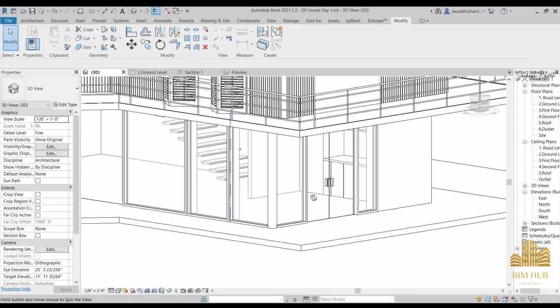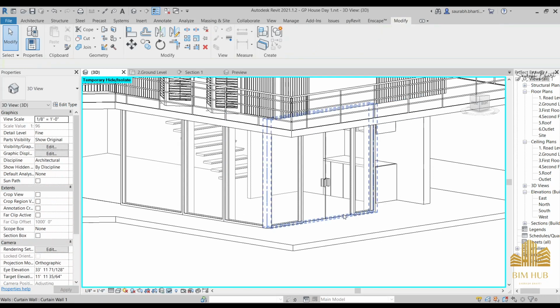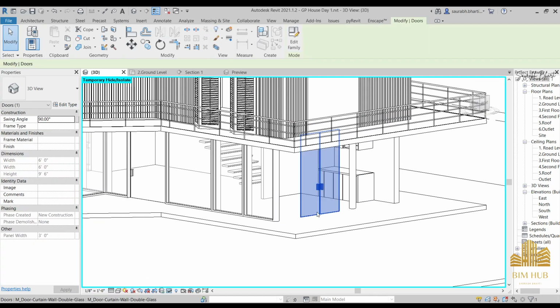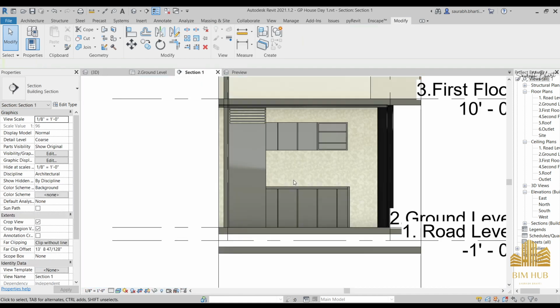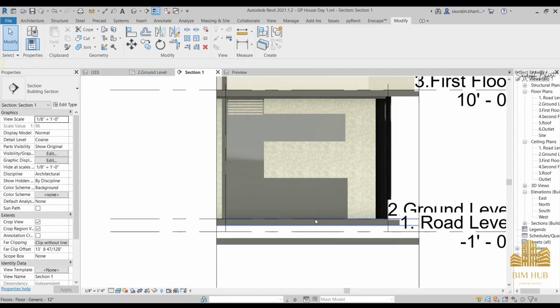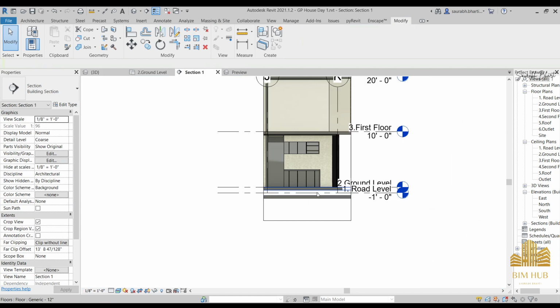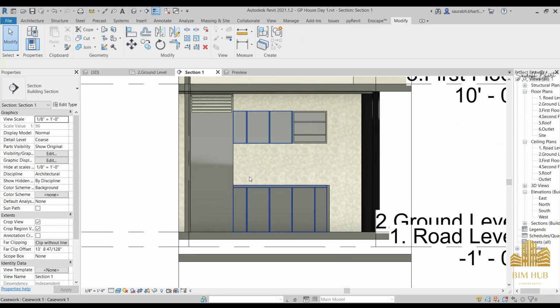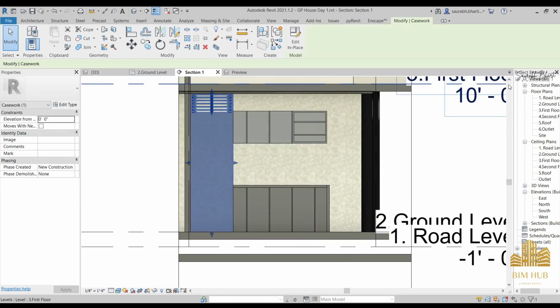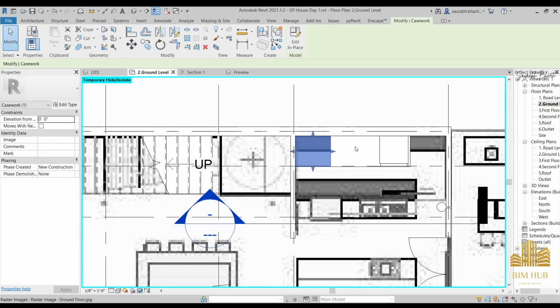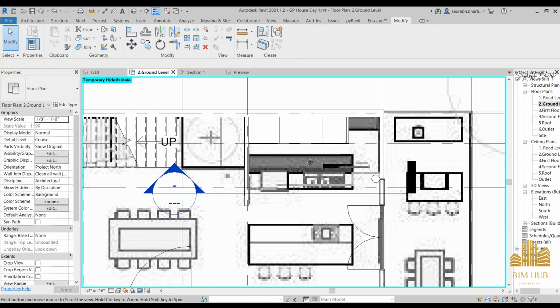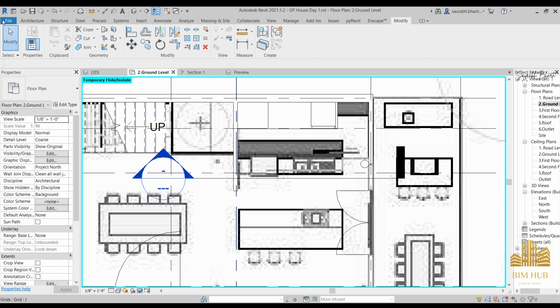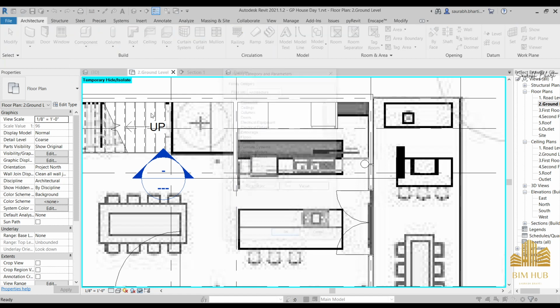and after that, hide this wall, or you can go to the section view. Okay, now that we are in section view, we can see our portion over here. Go to the ground level, and here go to architecture, component, model in place, casework, and you can name it platform,